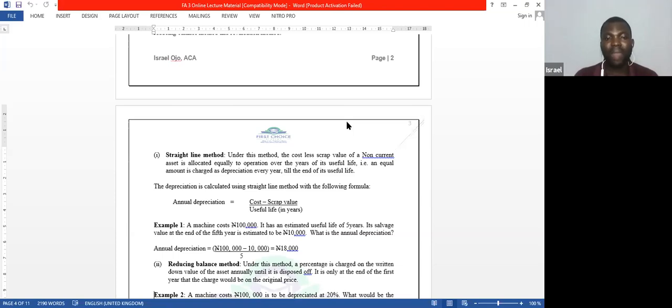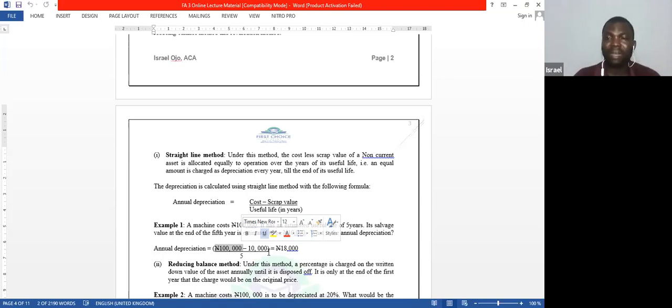So we have, okay, at the end of the 5th year, which means the asset is expected to have a useful life of 5 years, a 5 year span. And the salvage value would be 10,000 naira. What is the annual depreciation? Now the annual depreciation will be the cost, which is 100,000, minus the scrap value, the salvage value, the residual value, which is 10,000, divided by the estimated useful life,